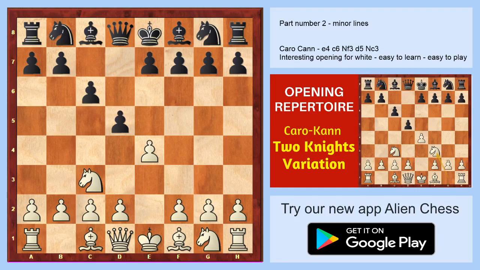Today we will speak about the Caro-Kann Two Knights Defense, second part: minor variations. Just remember, minor variations are weaker than main variations, and I will try to show you how to understand this position. I don't need to teach you move by move, but I wish to teach you how to play this position